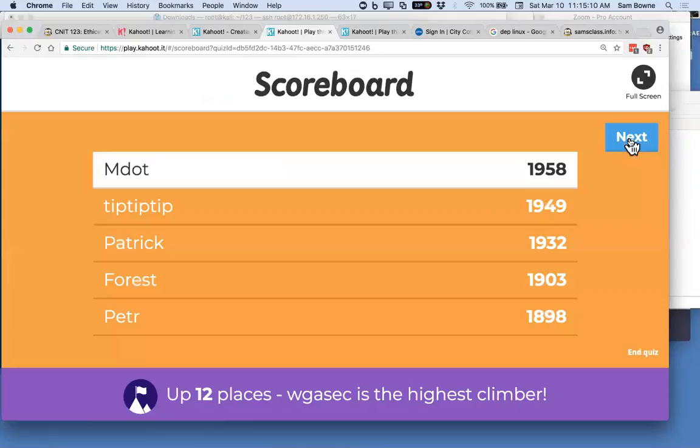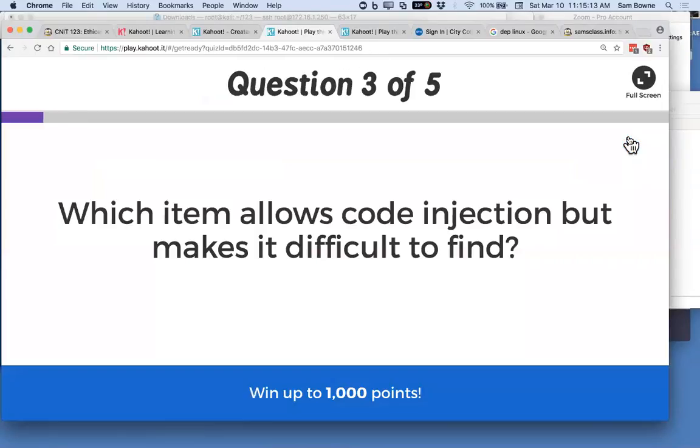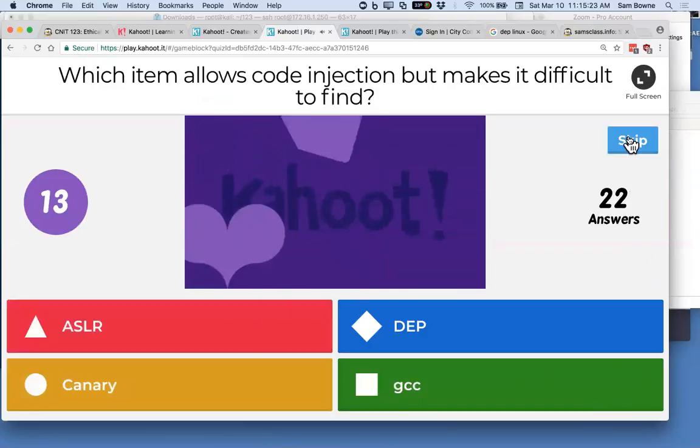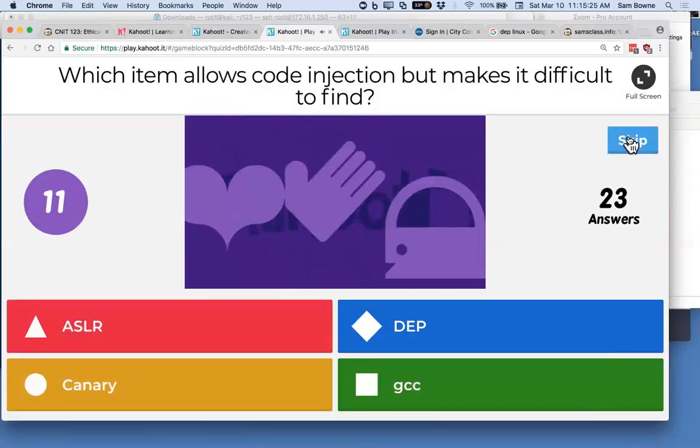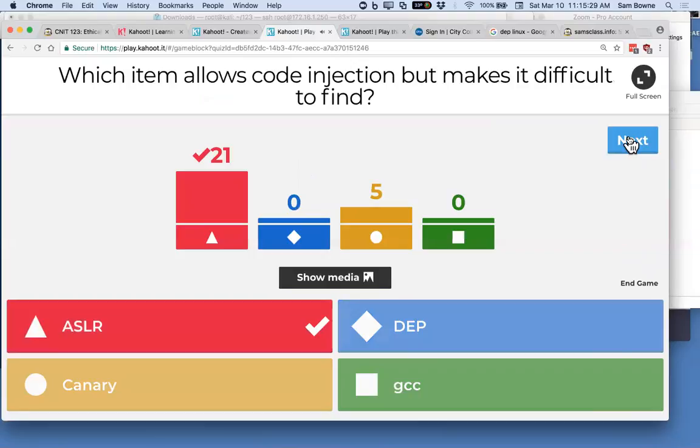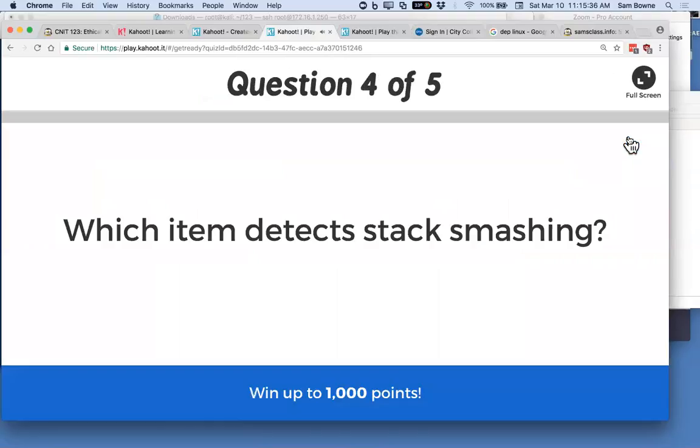Anyway, which one will allow code injection but make it hard to find? Okay, that's ASLR. That just scrambles things so it's hard to know where you are. All right, which one will detect stack smashing?